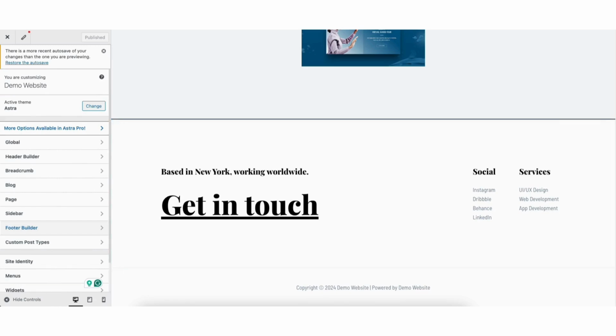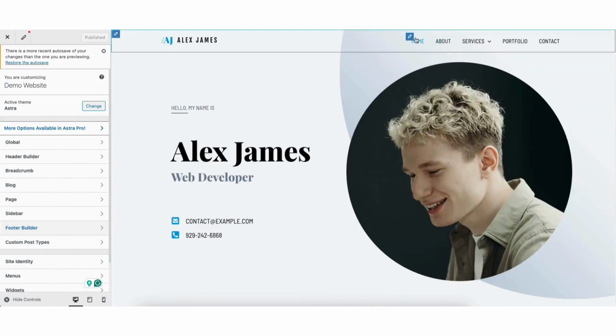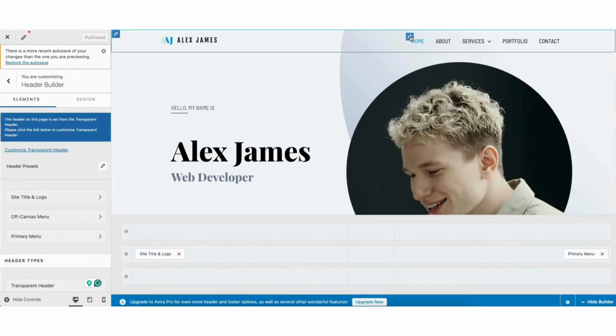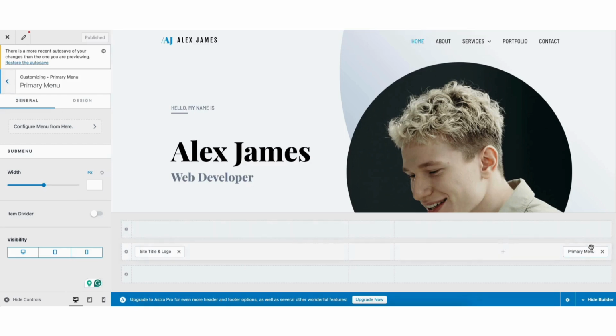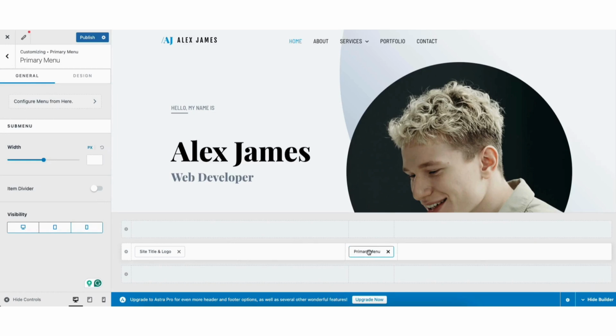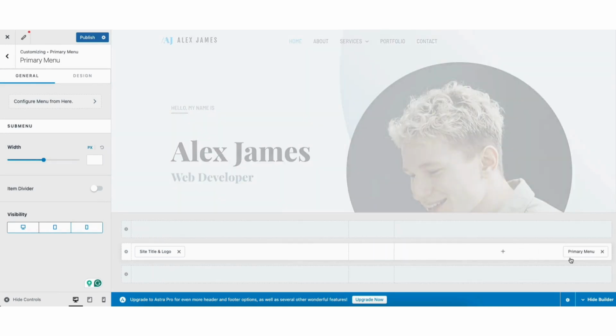Scroll up to the header area of your site. If you click into the header area of your site, you can make edits by clicking into something where you see the pencil icon. If you want to remove something in the header, you can click the X button to remove it from showing. In this section, you can move things around to change the look of the menu area to get it how you like it.